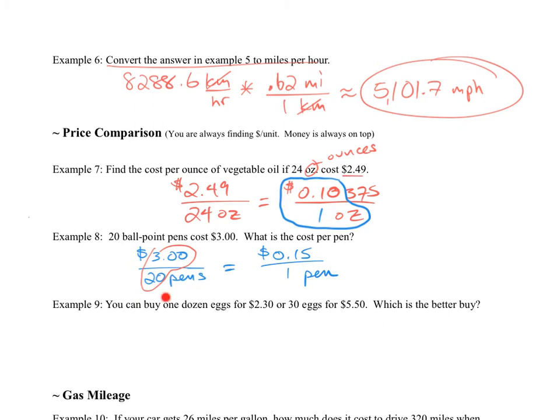This one you will be doing two price comparisons. So here with 1 dozen eggs for $2.30, and then the other one would be 30 eggs for $5.50. And then we can ask this question, which is the better buy? All right, so the first thing you want to do here is compare for 1 dozen eggs, $2.30 is what you'll pay. So $2.30 for 1 dozen eggs, which would in fact be 12 eggs. And when you divide that out, it comes out to be